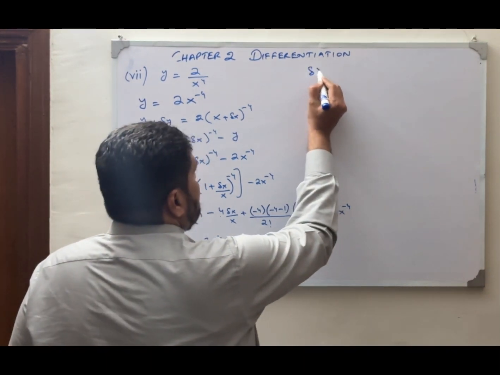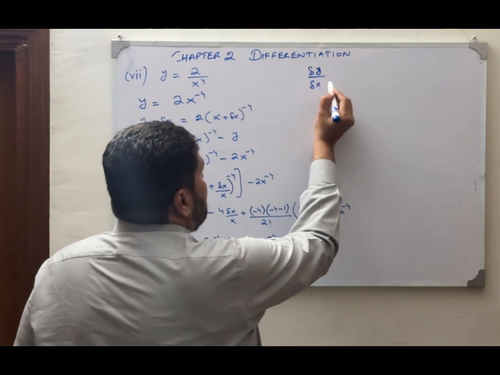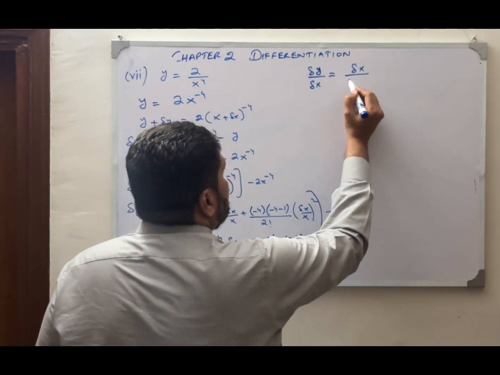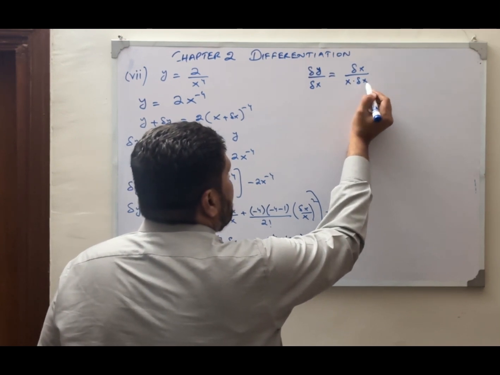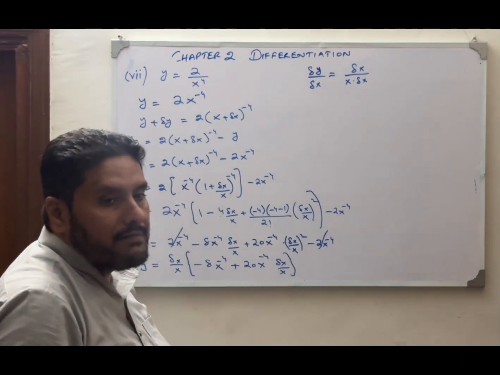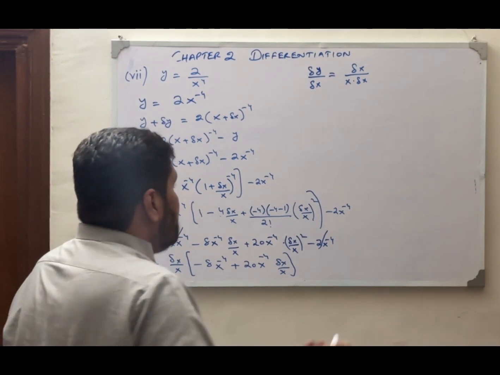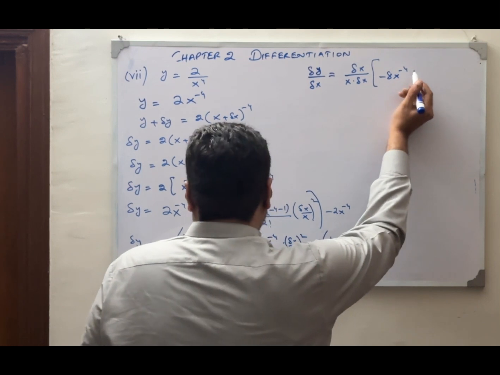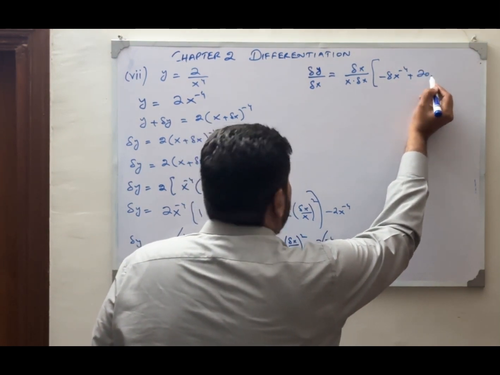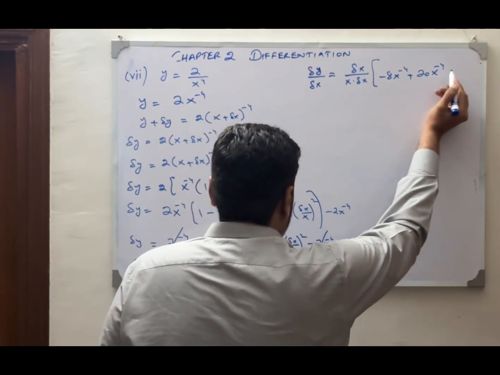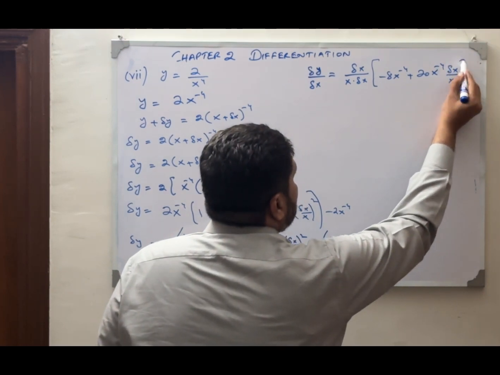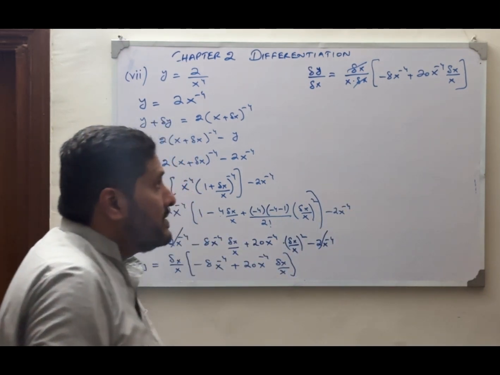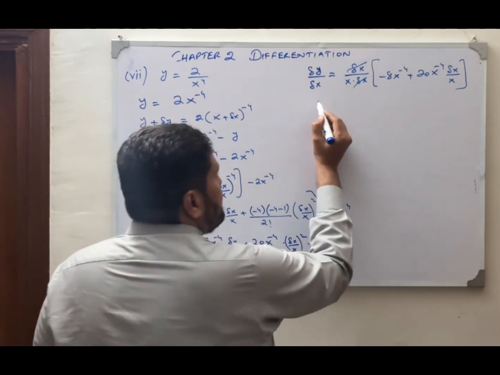So that will give us delta y by delta x equal to delta x by x into delta x, the delta x which we have divided on both sides, and multiplied by minus 8x power minus 4 plus 20x power minus 4 delta x by x. So this delta x will be cancelled, and now again simplifying this one,